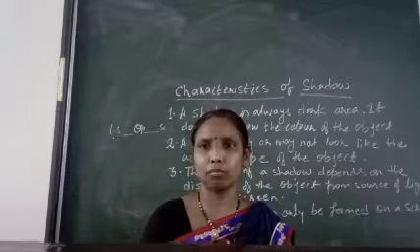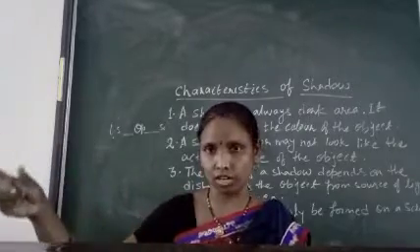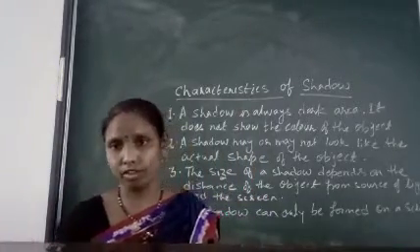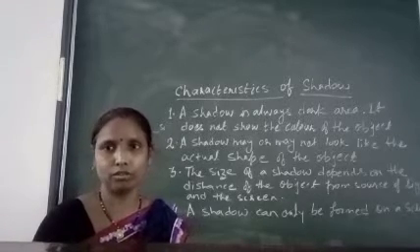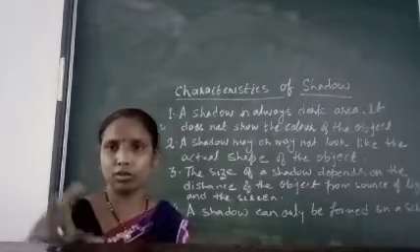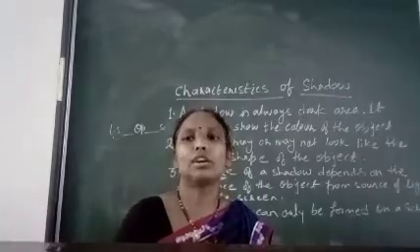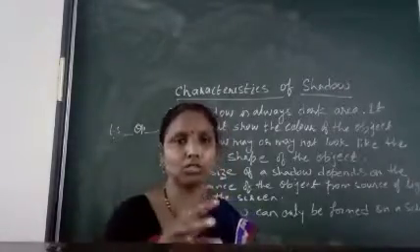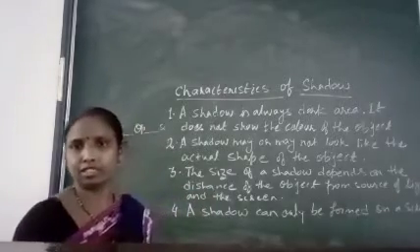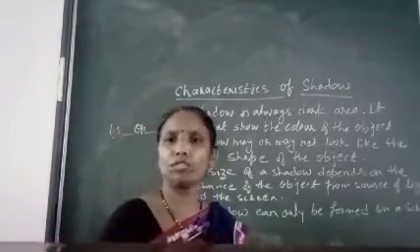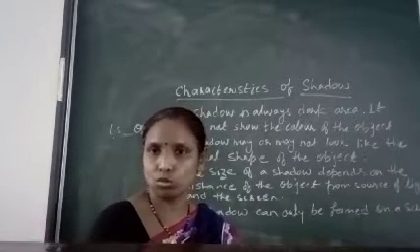So you might have seen in the morning time when we see our shadow in sunshine, it is a long shadow. The size is long. But in the afternoon time if you check it, you will find that the size of the shadow is very short, even shorter than your length. It is such a small shadow you will be able to see. So the size of the shadow is changing because the position of the source of light is changing, or sometimes the position of the screen is changing with respect to that opaque body or with respect to the source of light.